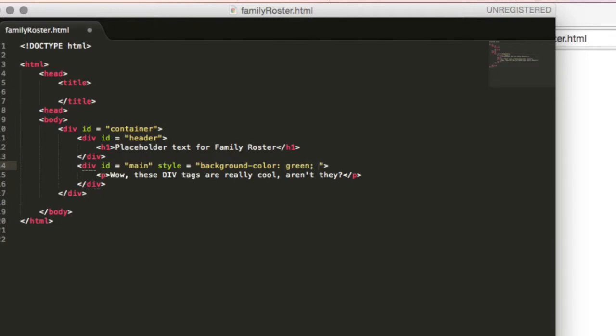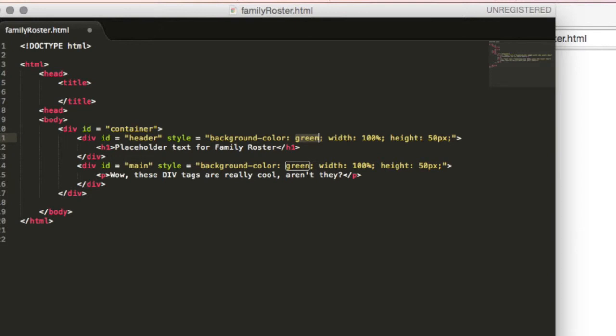And then I'm going to make the width 100% just because I want it to fill up the screen width-wise. And then I'll make the height, instead of using percentages here, I'm going to just use pixels. I'm going to give it a height of 50 pixels for this main background color. I'm going to copy this style, and now I'm going to put it in my first header over here. I don't want it to be the same color, so instead of green,